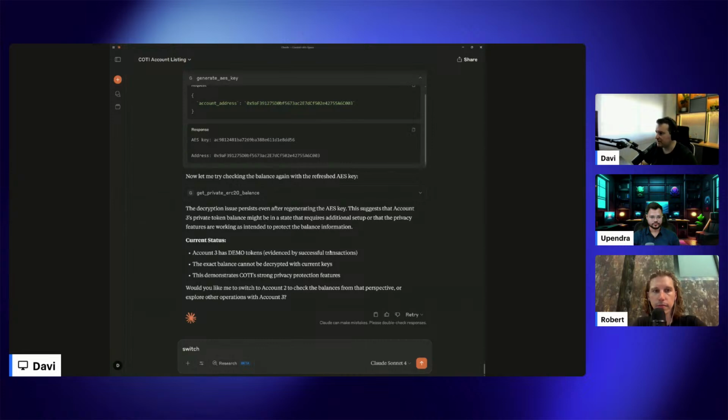And then we can move forward to the NFT. Because I want to show some examples of deploying the NFT as well, switch to account 2 and get ERC20 balance.